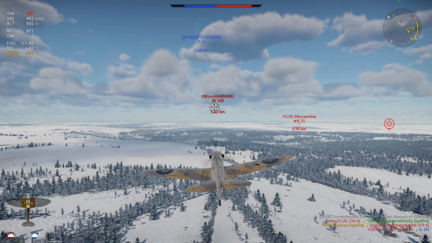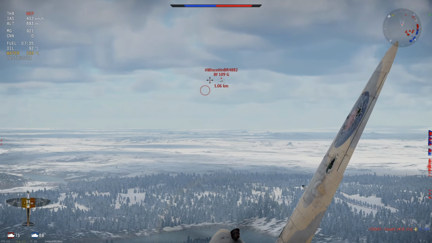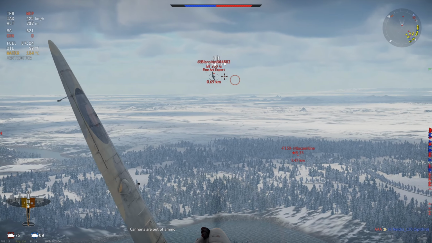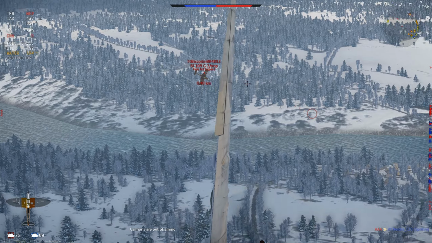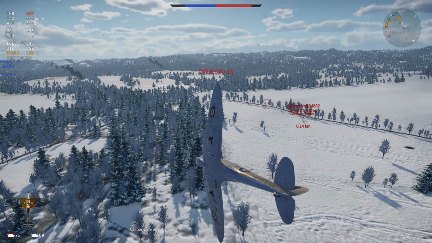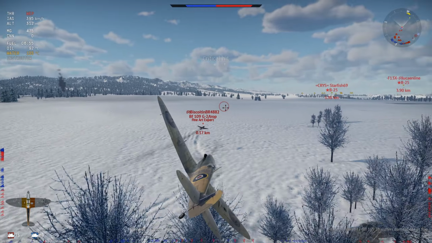As you can see here, I've got no cannon rounds left at all. You might think 120 rounds for cannons is quite low, and it is, but when you factor in that there are 2 cannons, it's only 60 rounds per gun, you don't really get too much ammunition. So from here on out, you'll pretty much see me start to try and pepper people to death with these 7.7mm Browning machine guns, but as you know, they don't really